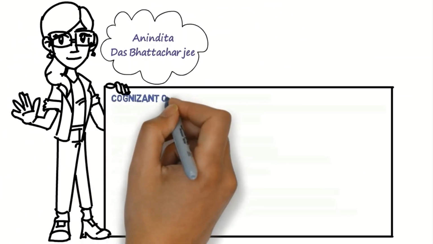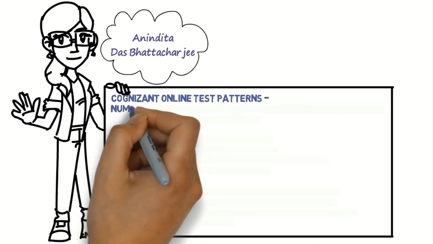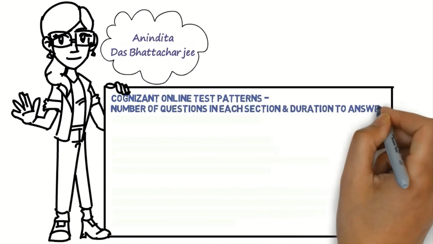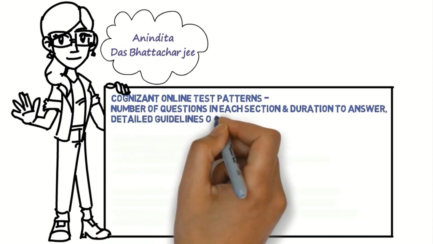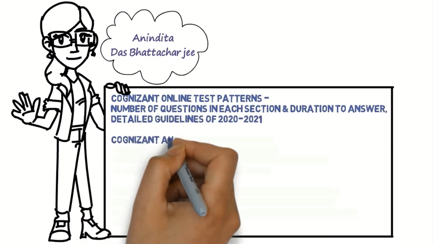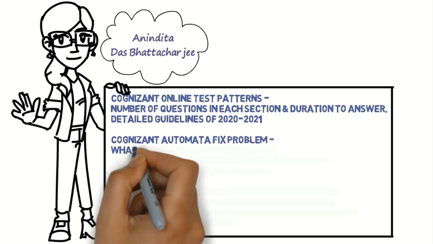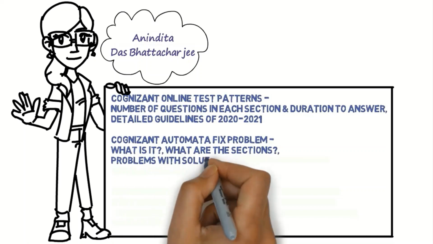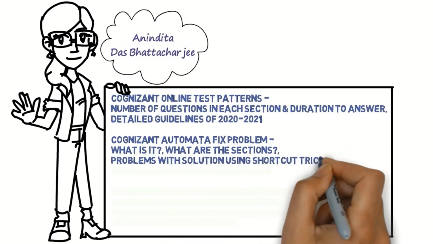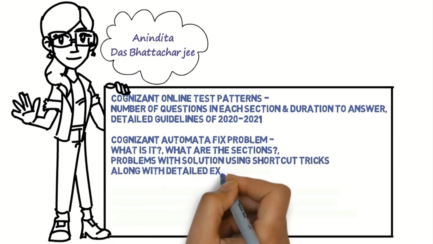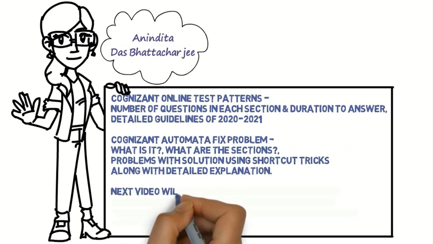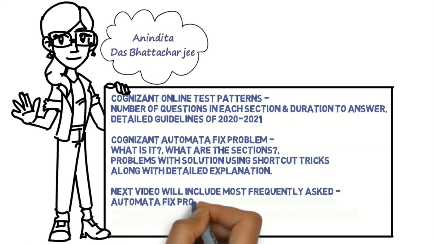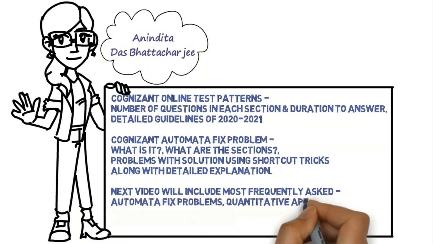This video is a must watch for all students preparing for Cognizant Aptitude exam. In this video, I will cover online test patterns of CTS, number of questions section wise, the duration to solve each of them. Automata Fix problem is the most crucial as well as critical segment in CTS online aptitude test. In this video, I will solve one of the most frequently asked Automata Fix problem using shortcut tricks and explain